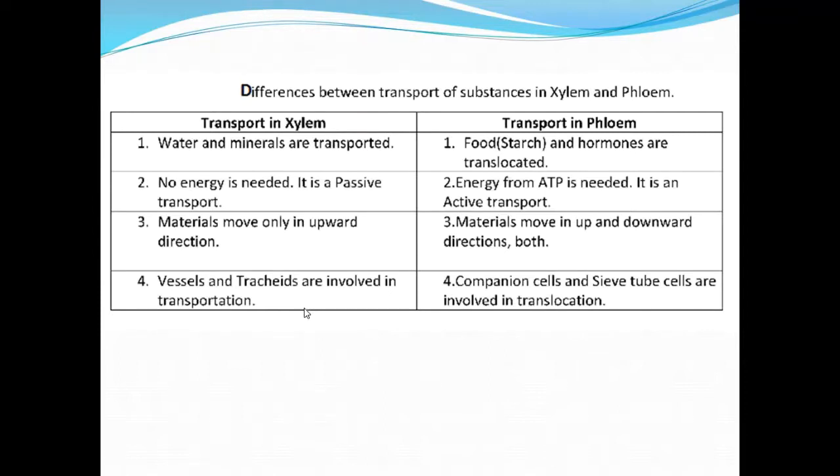This water column actually does not break due to the cohesion force, that is what I have talked about, the attraction force which exists between the water molecules. Evaporation of water molecules from the cells of the leaf creates a suction force which pulls the water from the xylem cells. Thus, cohesion force, adhesion force, and transpiration pull help in the upward movement of sap or water from the roots to the leaves.